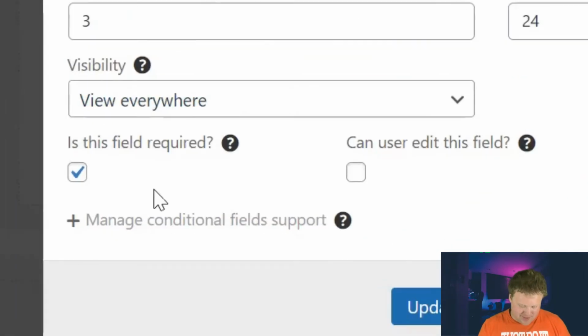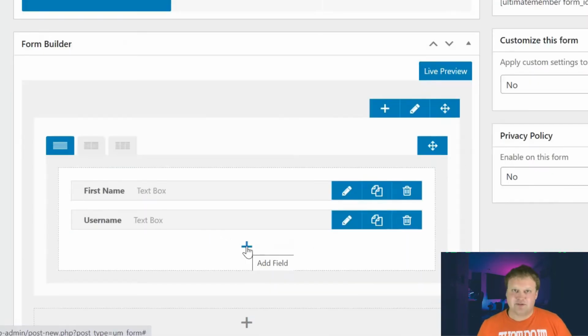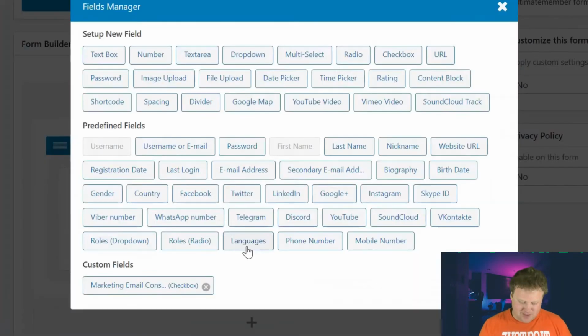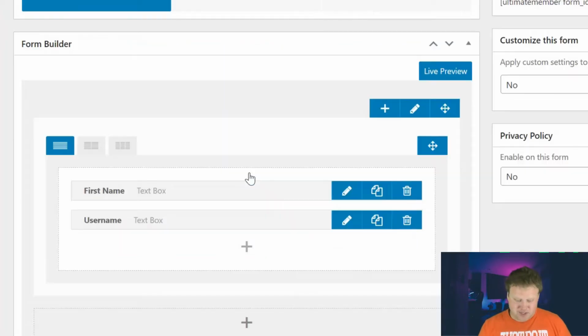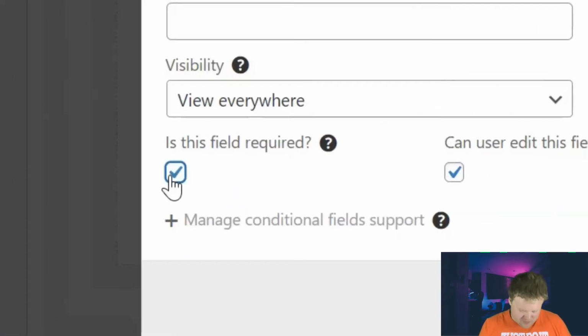So I'll click that edit thing, and that one's already required. So I'll just click update. The next field that I want to add is email, so I'll click this again, and then I'll choose email address, and then just to check the settings, I'll click the edit, and then I'll also make this one required